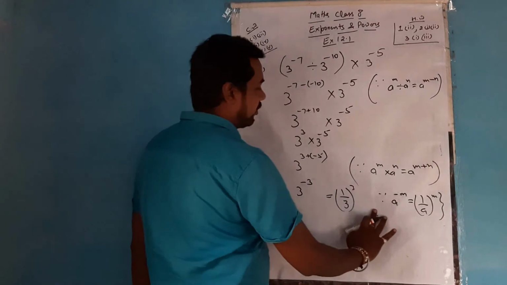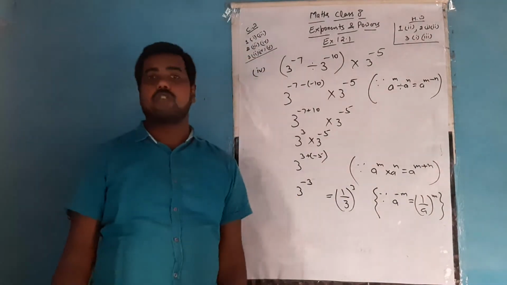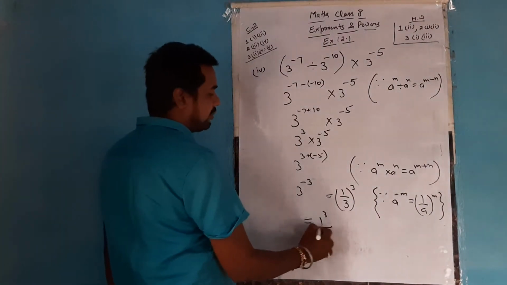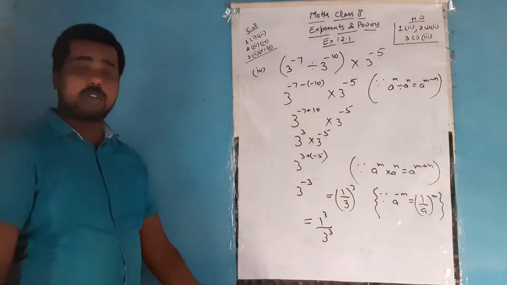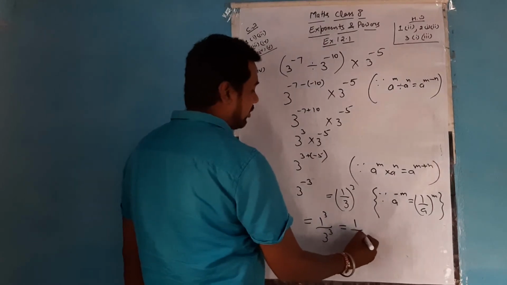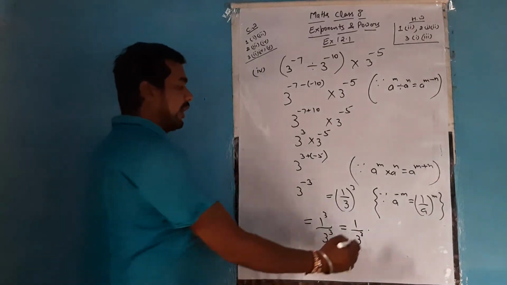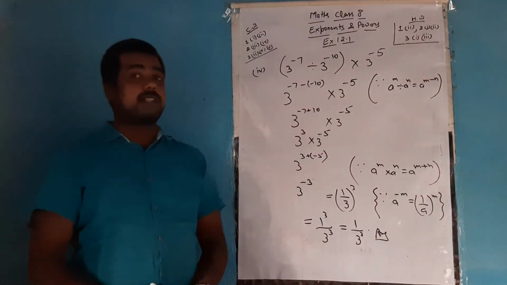So here we have applied 1 by a to the power m. Now when you distribute the power, power of 1 cube is 1 only. So either you may leave the answer here or you can better simplify this part also. That becomes 1 cube by 3 cube, that could also be written in this way. Or if you make the power of 1, that will be 1 and remain as it is. There won't be any change in the answer. So you can also write in the form of 1 by 3 cube. So there are 3 ways of writing this answer.